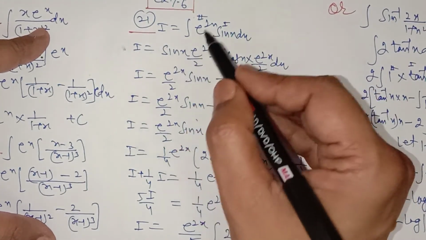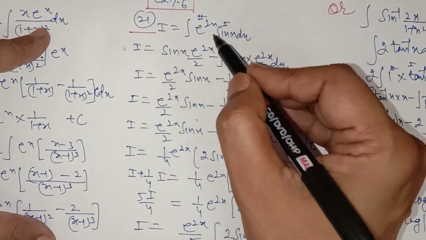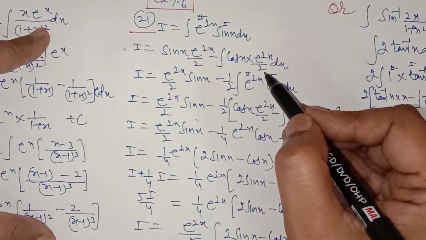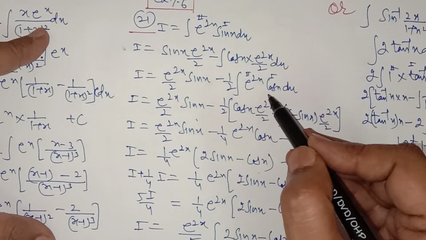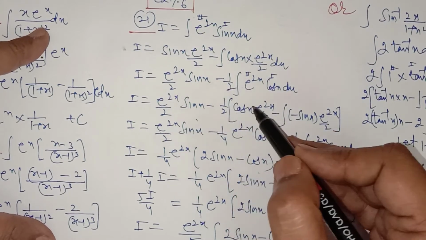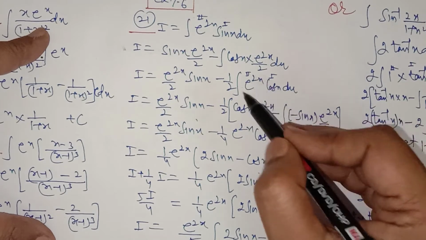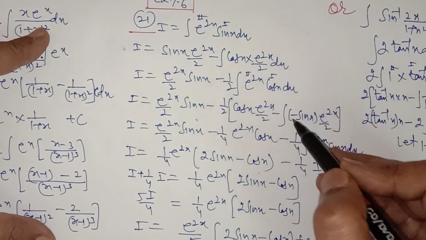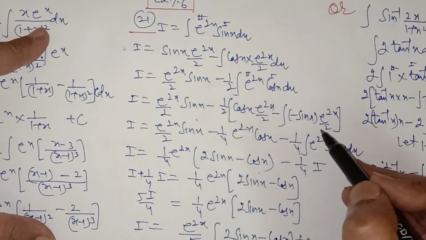So first function as it is, integration of e to the power 2x will be e to the power 2x upon 2, minus derivative of the first function, which is cos x, into integral of the second, which is e to the power 2x upon 2. So arrange the half. Again it is e to the power 2x into cos x, so again you have to integrate by parts, with first function and second function. Taking care of this minus half common in the bracket, first function as it is, integration of e to the power 2x will be e to the power 2x upon half, minus derivative of the first, which is minus sin x, into integration of e to the power 2x, which is e to the power 2x upon half.